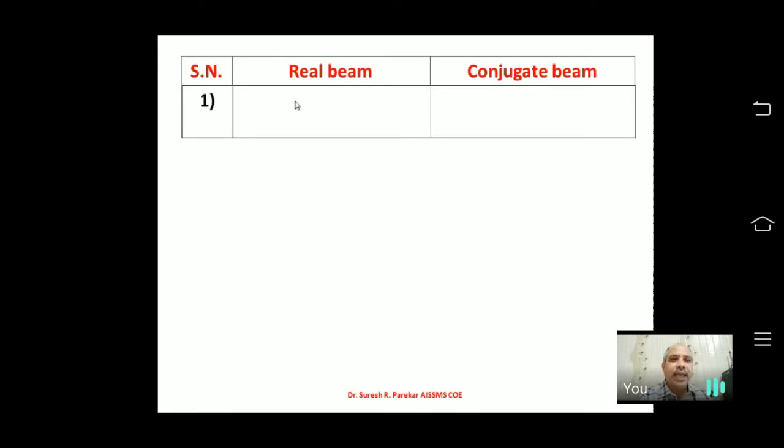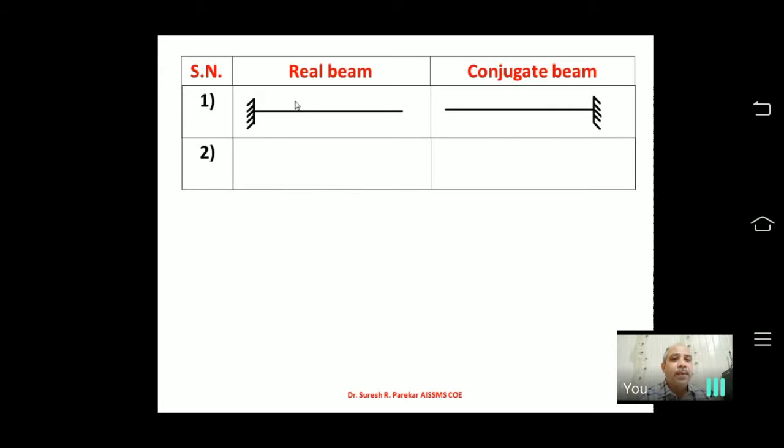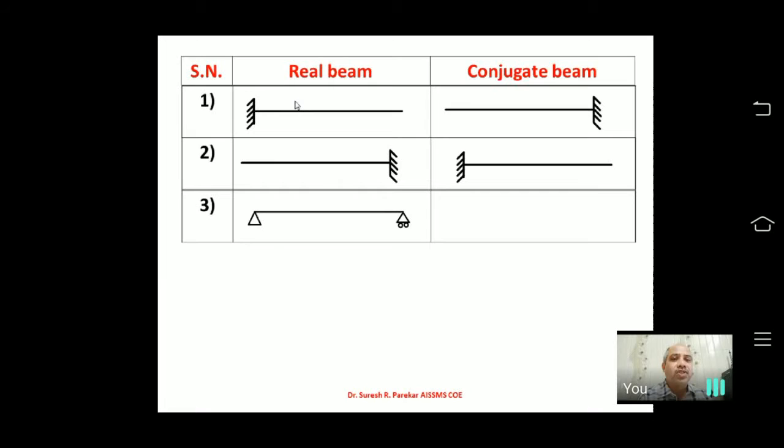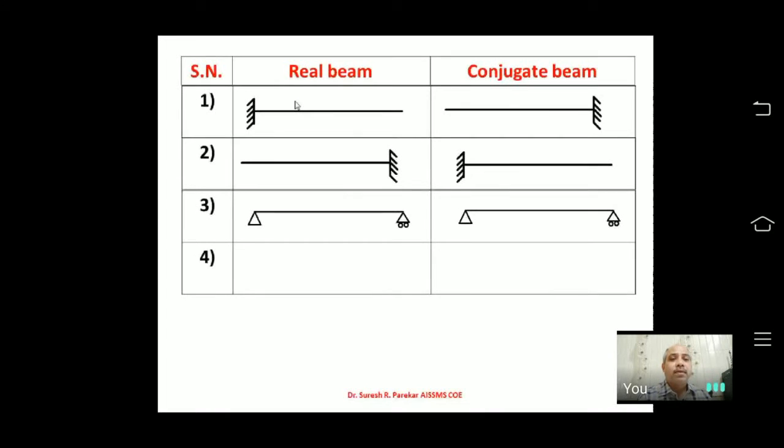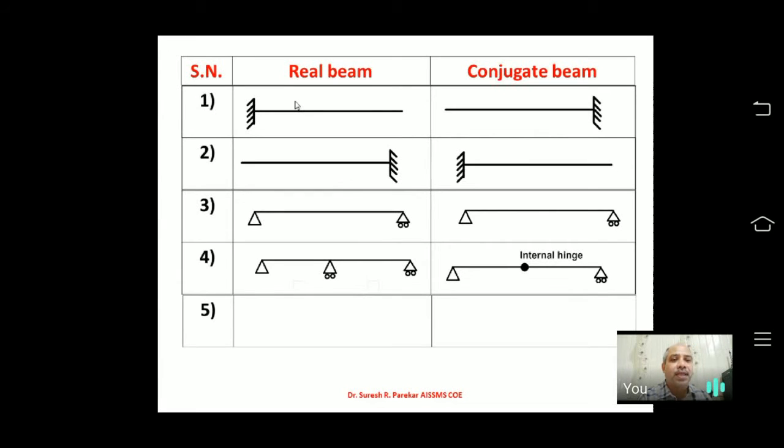So now again I will go through this because this is most important. Real beam, conjugate beam: free and fixed. Fixed becomes free. Then an end support, a simple roller, stays as it is. Then a continuous support becomes an internal hinge. That also I have explained, because deflection at a continuous support is 0 and therefore we consider a hinge there, so that my moment is 0 and automatically the displacement is 0.